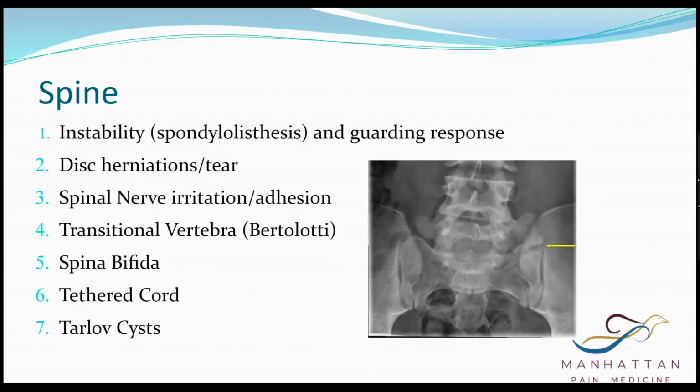Spina bifida is what happens when the neural tube doesn't close perfectly when the fetus is being formed. The posterior elements at the base of the spine are not always fully intact. There can be neural related issues to this. Tethered cord happens often in association with Chiari, but basically the base of the spinal cord is tethered down and it doesn't allow it to move freely. So there can be a point of neural tension on the sacral roots, which can cause sacral pain, usually rectal pain, genital